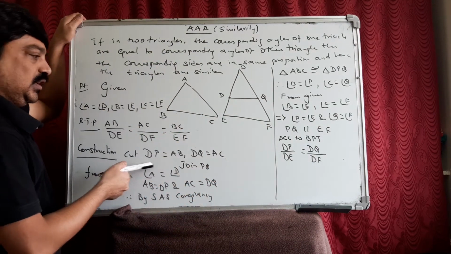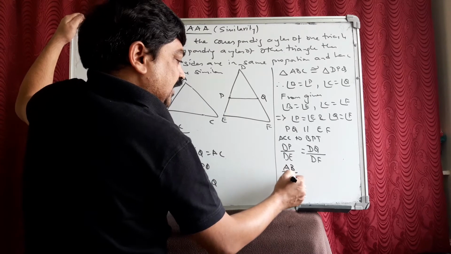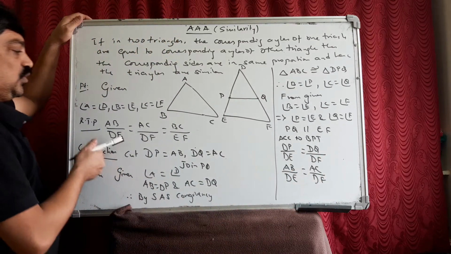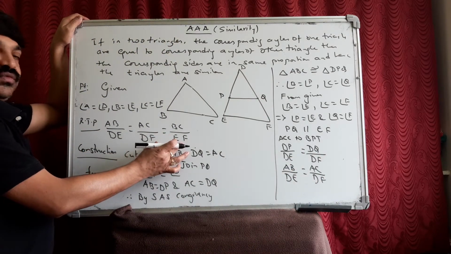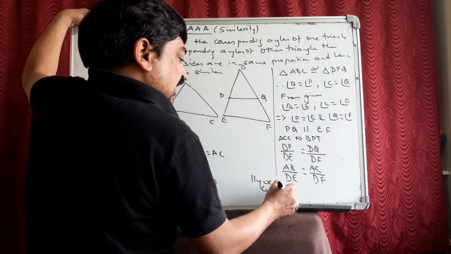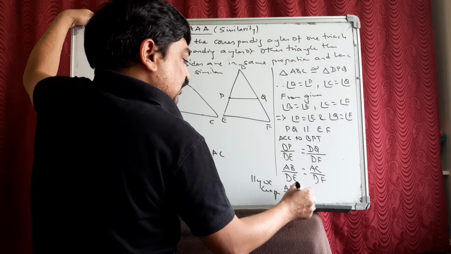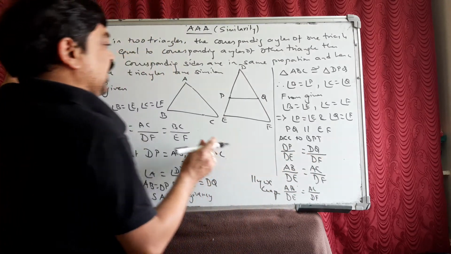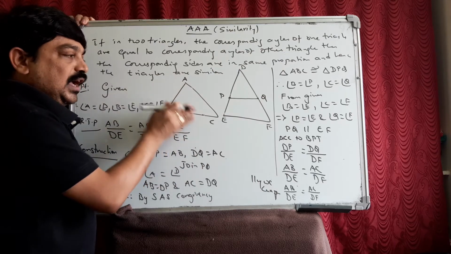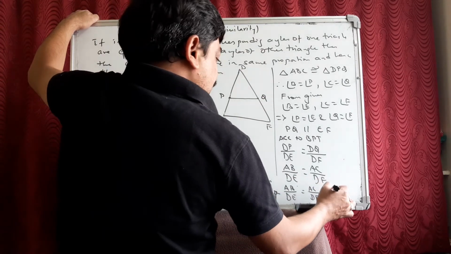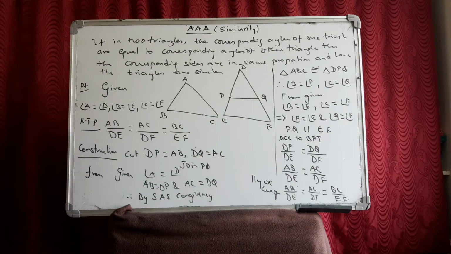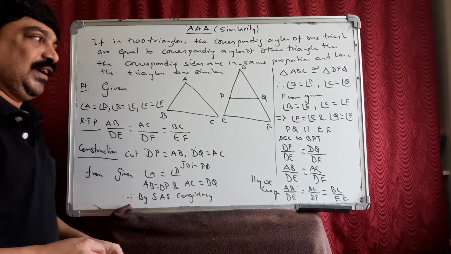But what is DP actually? AB by DE is equal to AC by DF. So the half of the theorem is over. No need to prove this one. We can prove similarly. See, we have taken this side as PQ. If you take some other side, then you will get the proportion of the other two sides. So you can also prove, no need to prove the third one. You can write, similarly we can prove AB by DE is equal to AC by DF equal to BC by EF.